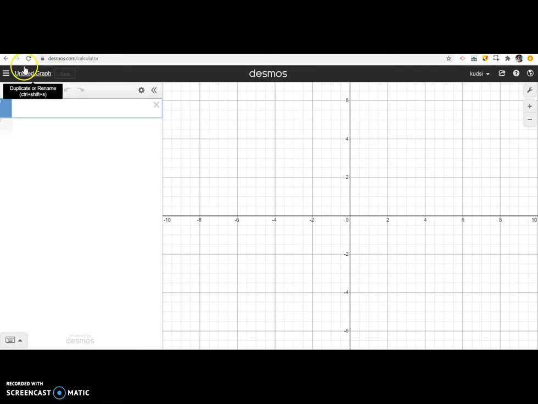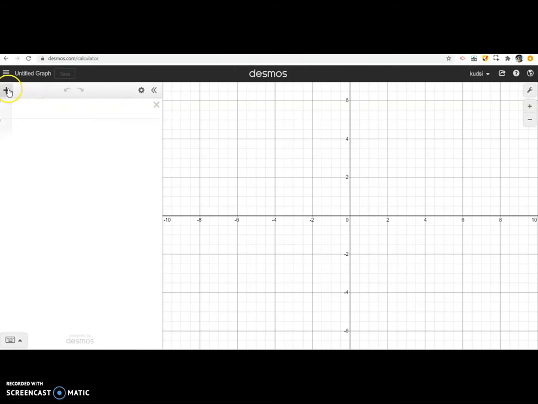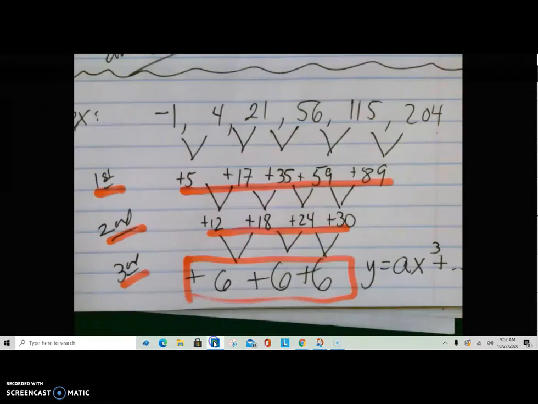Okay, so I'm in desmos.com/calculator, and what you want to do, no, wrong button. Over here, you want to hit the plus, and you want to add table. This is where we're going to put in our table, and most of the ones in the book give you it as a table. And all I'm going to do is take our numbers that we put from here,